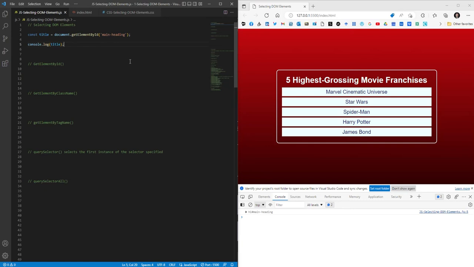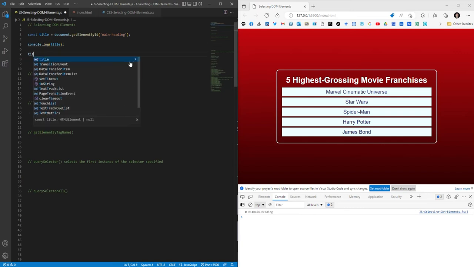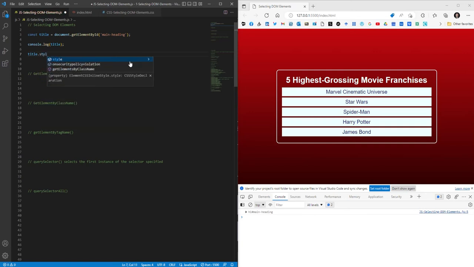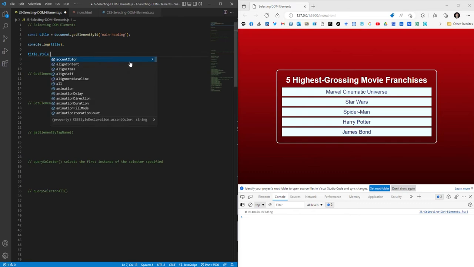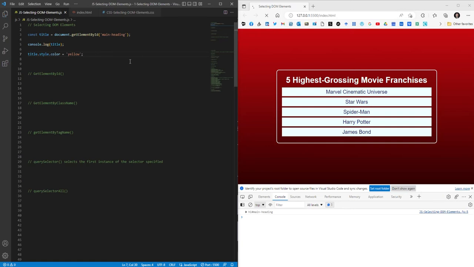Up here, we got the title, so we can go title dot style, and this is going to change the CSS on this thing inline, which is old school, which is how we used to have to do it before CSS was around. And let's make the heading yellow. Use a nice simple color that'll go okay with that background. And now when we hit save,